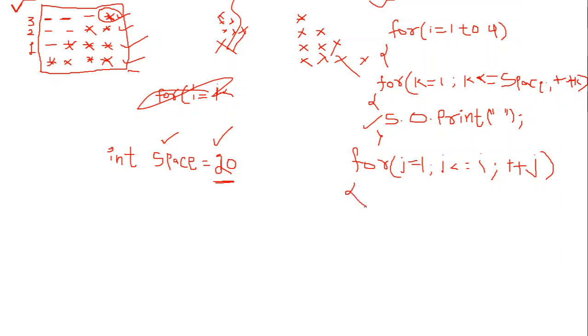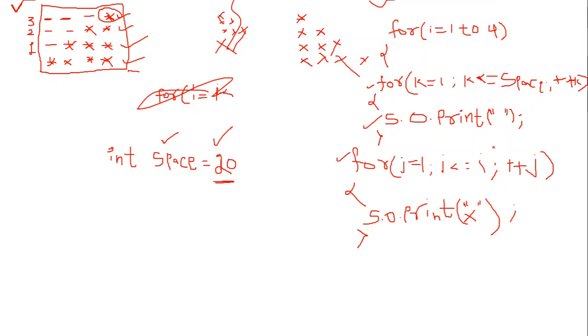And then inside this I have to print one star first. So what I will write, System.out.print. Again I am not writing println, otherwise my line will change. I don't want to change my line here. So I am writing System.out.print, and inside this I will print one star. Okay, so as you can see, this step is completed.